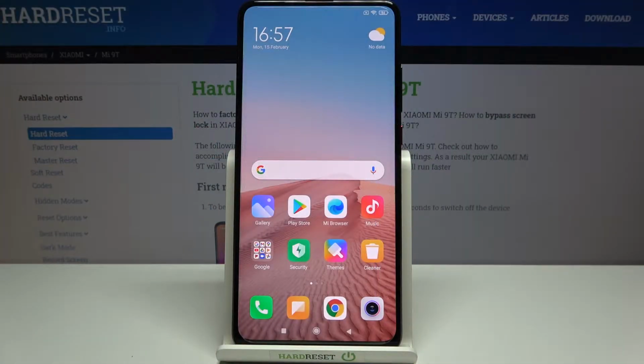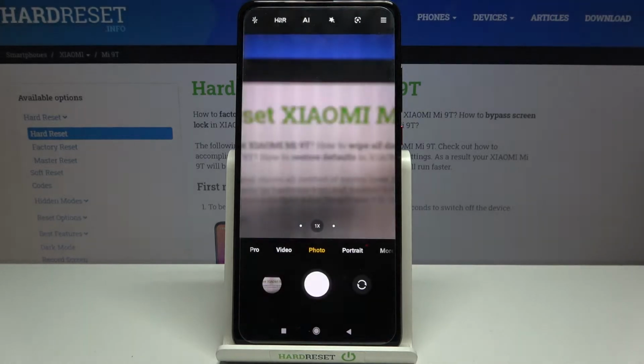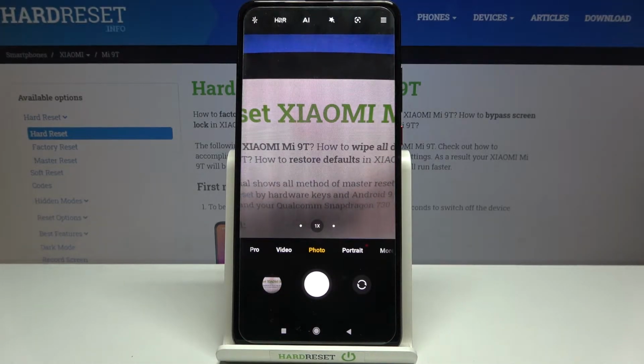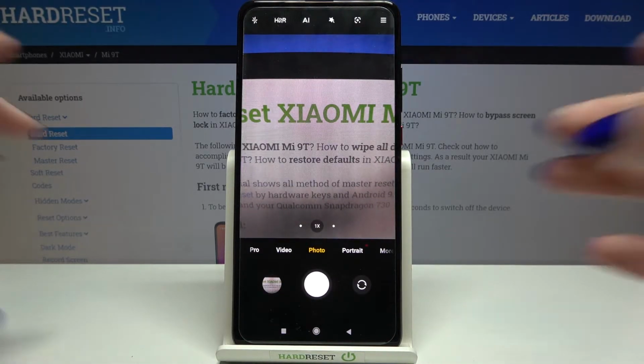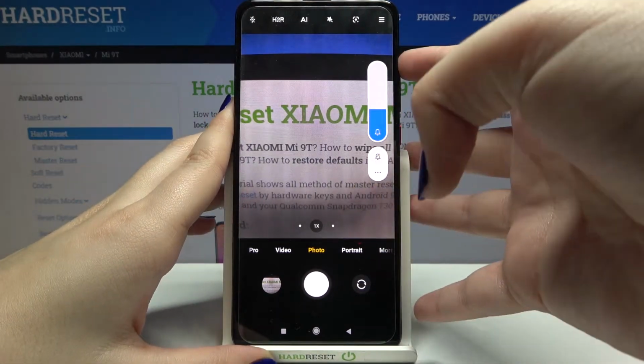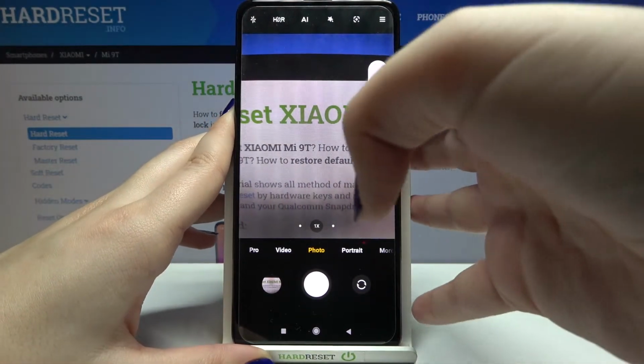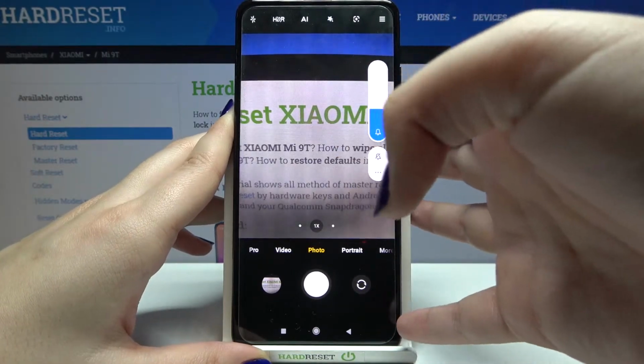Hi everyone, here we've got Xiaomi Mi 9T and let me share with you how to change a volume buttons function in the camera app on this device. So firstly, let's enter the camera app and let's check for what the volume buttons are right now responsible for. So let me press the volume down button. And as you can see, all they can do is to simply volume up or volume down the music,